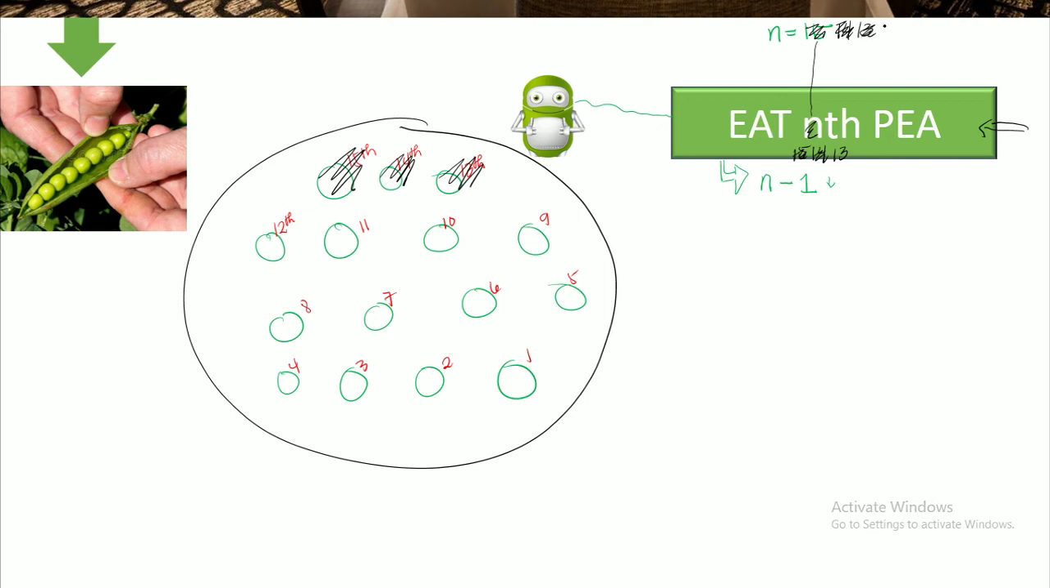And then you press the button again so that it can eat more peas, and it will eat the 12th pea. The robot will eat the 12th pea, and then it goes back again, n minus 1, it will subtract n by 1, and it becomes 11. Then you press the button again, n becomes 11, and the robot is just going to eat the 11th pea. Then it will subtract 11 by 1, and let's say you keep on doing this until you are